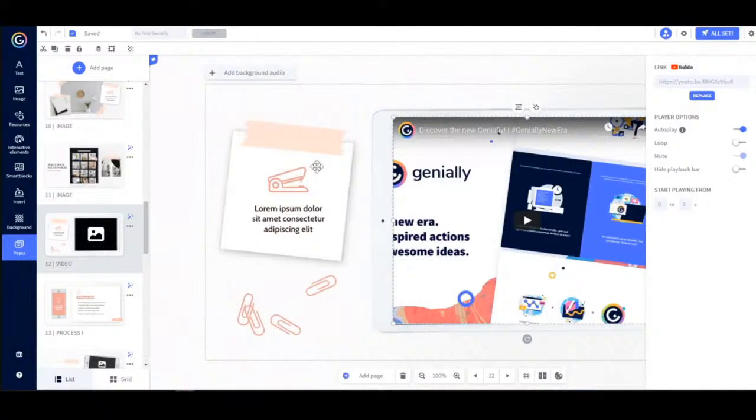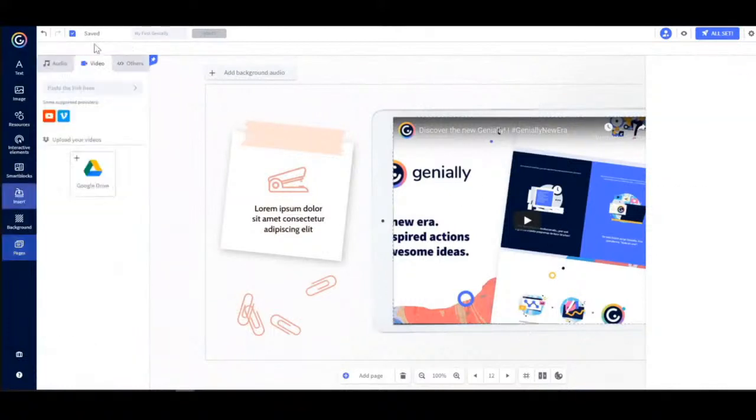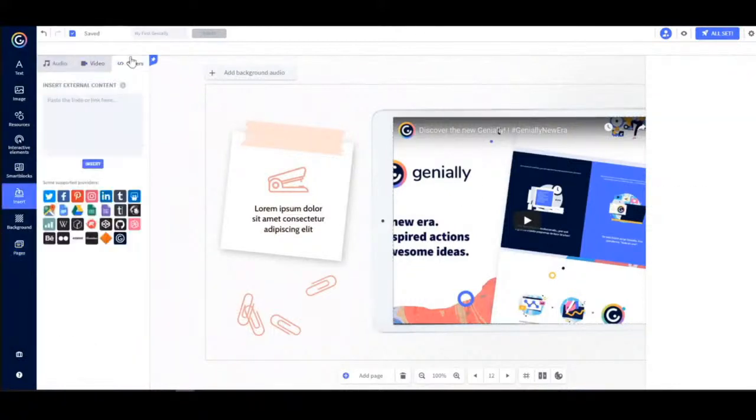Now, finally, we have the ability, here we go, to include content from other online platforms by utilizing the HTML code of the element that we want to embed. The possibilities here are almost unlimited. We can include things like maps, text documents, auto evaluation forms, games, 3D models, explorable 360-degree images, even other Geniallys.